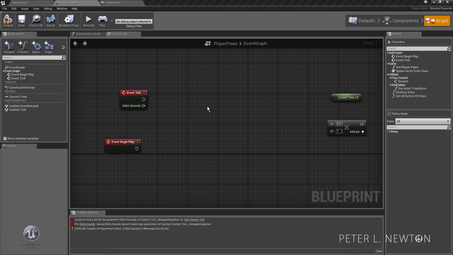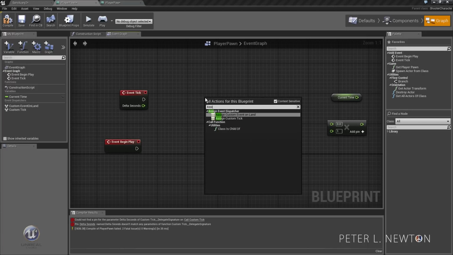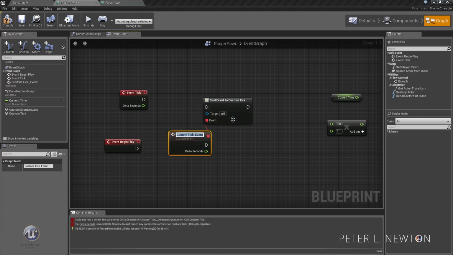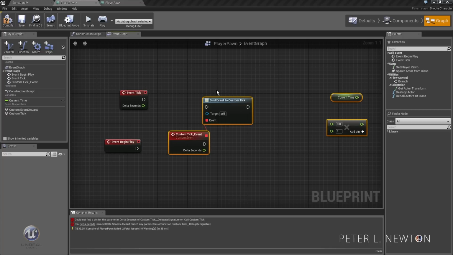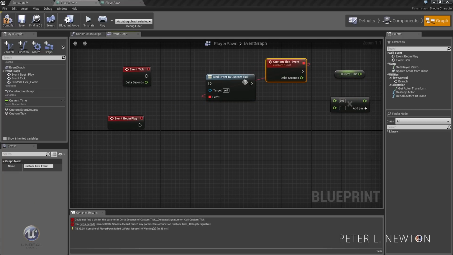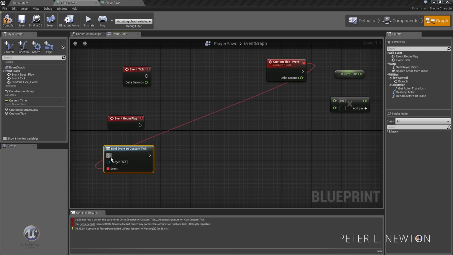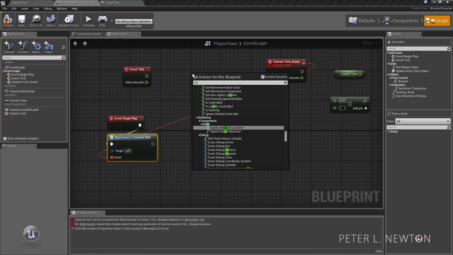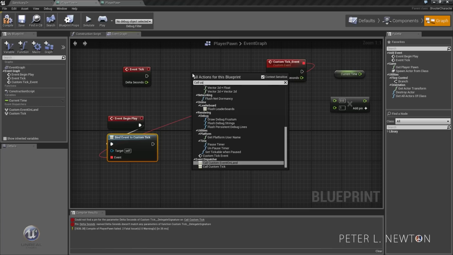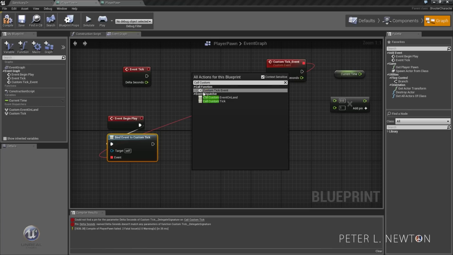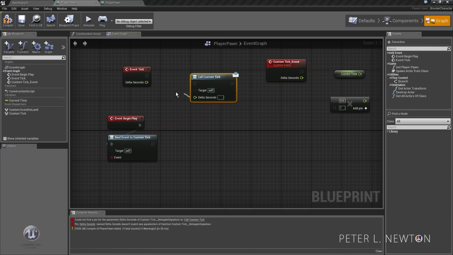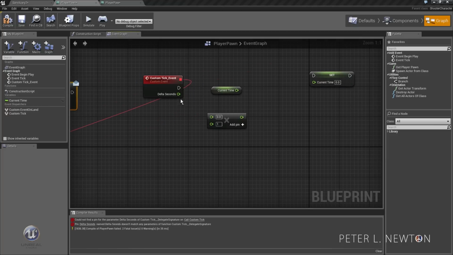Let's just recreate that really quick. Assign custom tick, put that over here, put this back down here, pick that, call custom tick, delta seconds, bam. All right, so you'll multiply this by 1, and then we're going to add this,